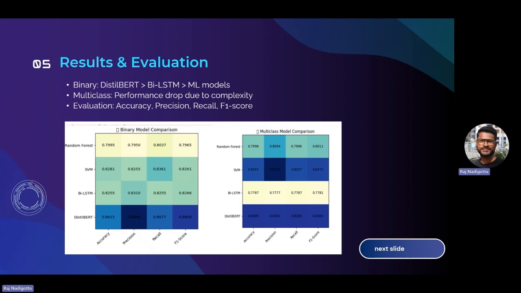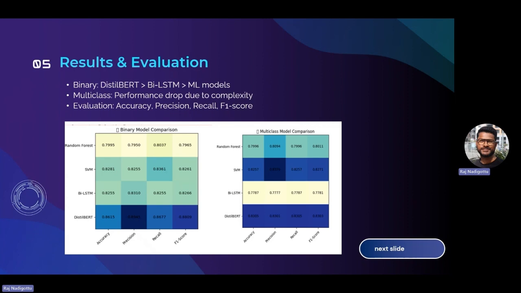But when we move to multi-class labels, almost all of the models' accuracy fell, but DistilBERT still performed better than every other model with 83.05% accuracy, and an F1 score of 83.03%. The biggest loser in this case is Bi-LSTM.